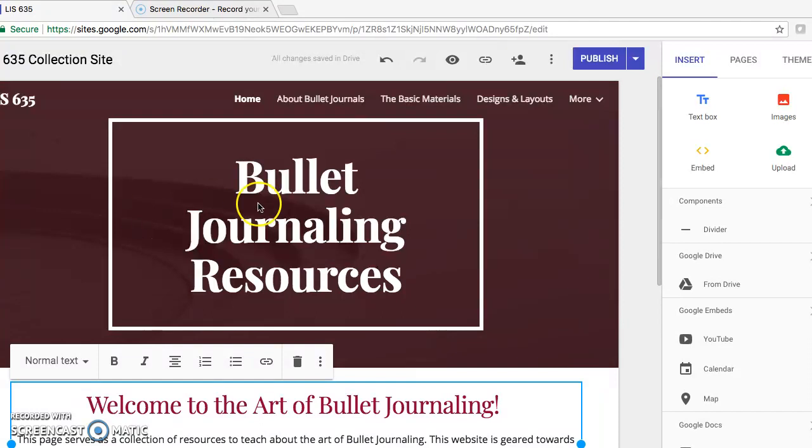I think probably the most exciting thing that I discovered while playing around with Google Sites and putting in all of my curation information is how simple everything is laid out. If you look over here on the right side of the screen, it really is very simple to add in, for example, a text box or a new image or to embed something or to upload something new. I enjoyed how simple that was, and I really think that this is something that I could pull back later and also use with children in the elementary setting when they have projects that involve creating some kind of a digital internet front. For example, like a PBL project or something like that,